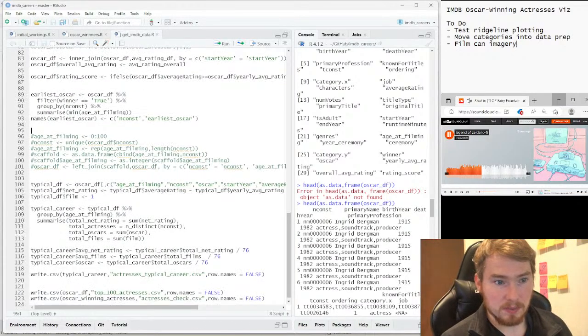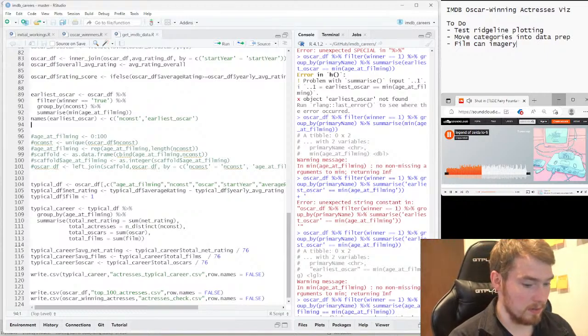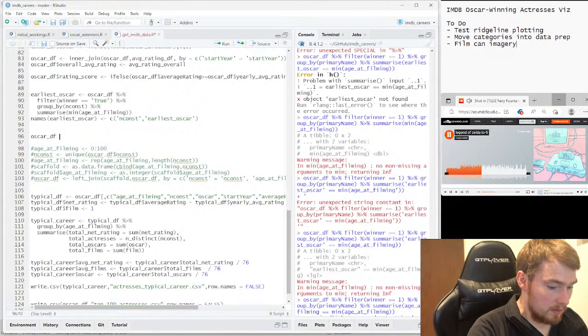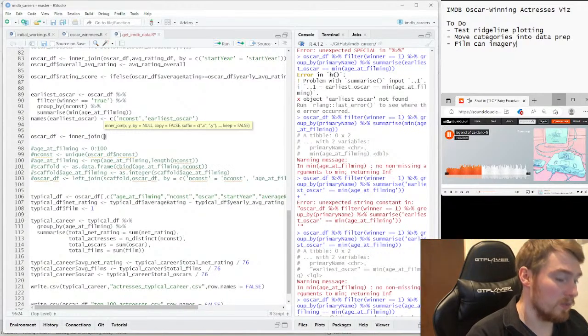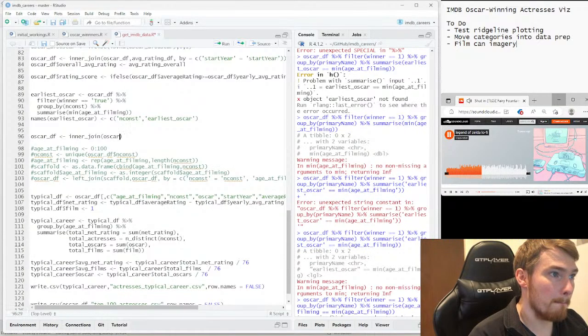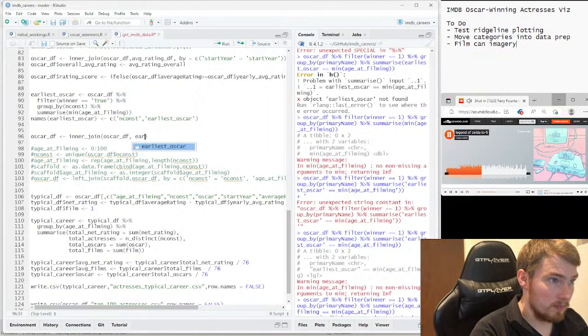So what would be really helpful is joining these two together. So I'm going to do Oscar DF, do inner join, Oscar DF with Oscar by nconst.